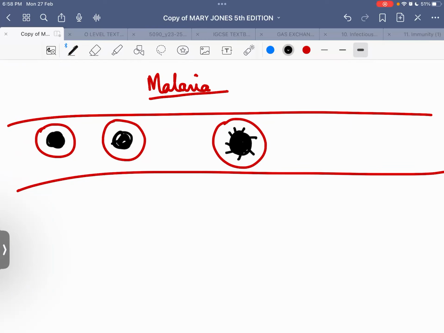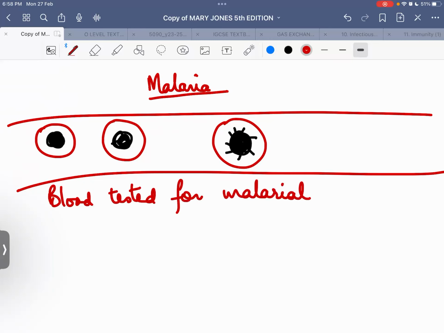ठीक है? अब patient आ रहा है doctor के पास and the patient has fever but the doctor doesn't know the cause of the fever. So what does the doctor say? Go and get your blood tested for malarial antigen. And when I say malarial antigen, I actually mean the antigen which is found on the surface of the plasmodium. ठीक है, which is a parasite. तो हम क्या करेंगे, मलेरियल एंटीजन को कैसे डिटेक्ट करें? If we have the anti-malarial antibody or anti-plasmodium antibody, अगर हमारे पास है, हमने बनाई है through hybridoma